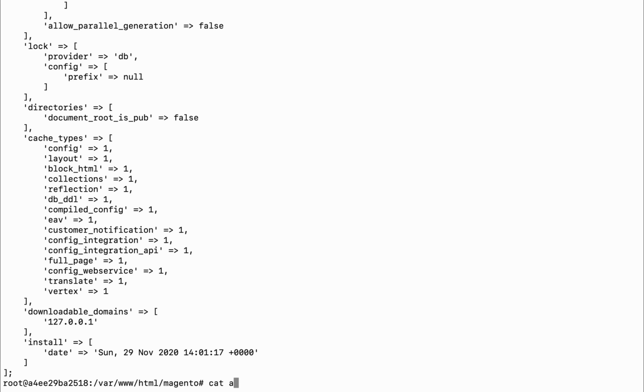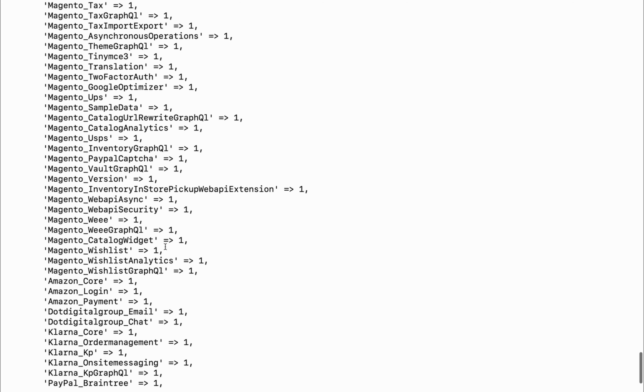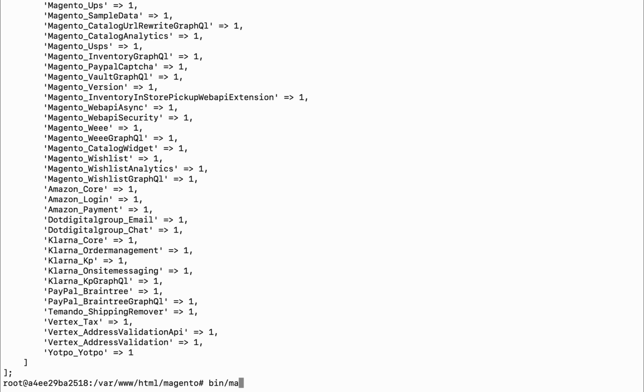All modules which are enabled or disabled are present in the app/etc/config.php file. If you go through this file, there are multiple Magento 2 modules mentioned here. One of them is the Magento two-factor auth module and it is enabled. One means this module is enabled. So we will disable this module.